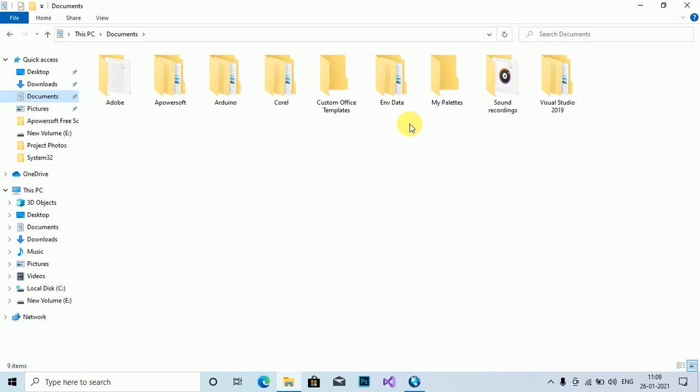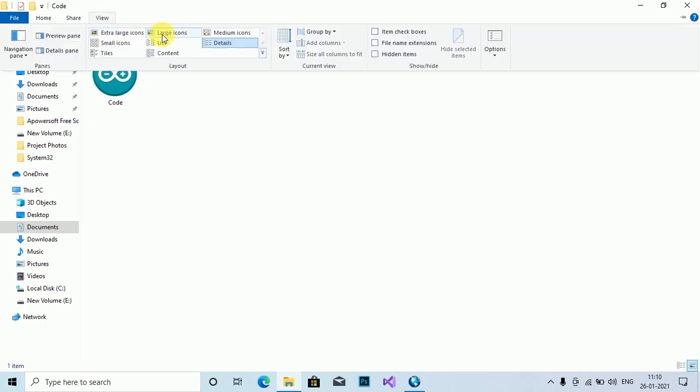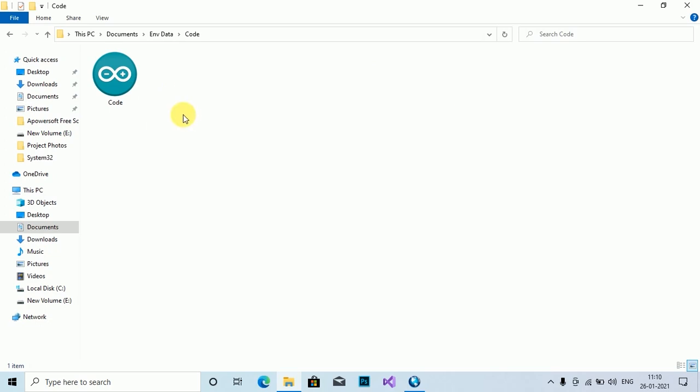You will see a folder called env data. Open the folder, then open the code folder. If you open the code folder, there will be an Arduino code inside. Just double click on the Arduino code.